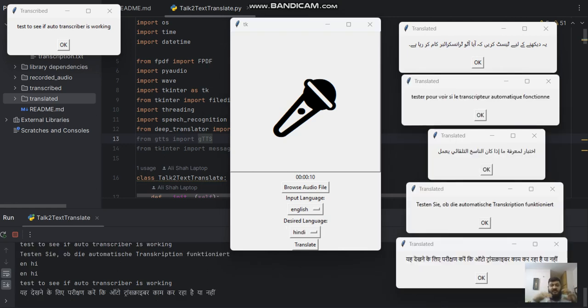So guys, we have run the given audio for different languages. As you can see, the first result is in Urdu, the second is in French, then we have Arabic, then we have German, and then at the end we have Hindi. Since I can only understand English and Urdu, I can tell you that the transcription and translation in Urdu is correct. However, if you guys see any kind of mistakes that the model has made in translating the given audio file in German, French, or Hindi, or Urdu for that matter as well,